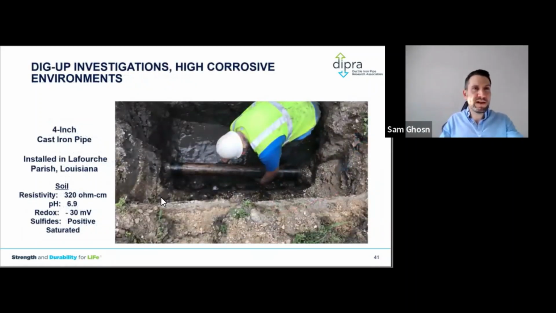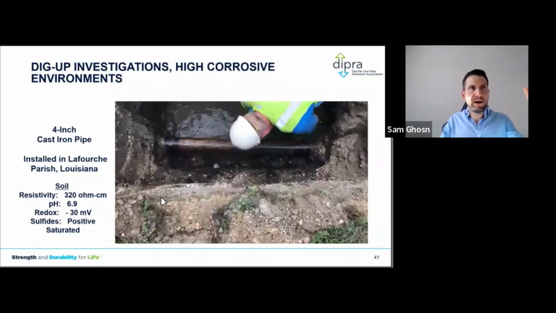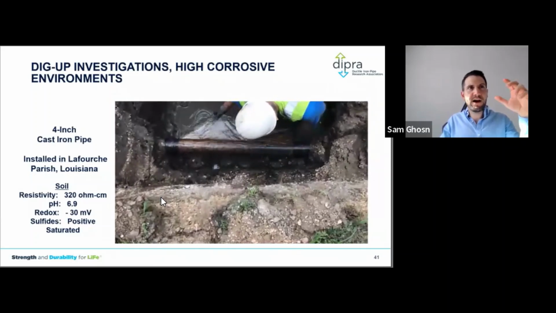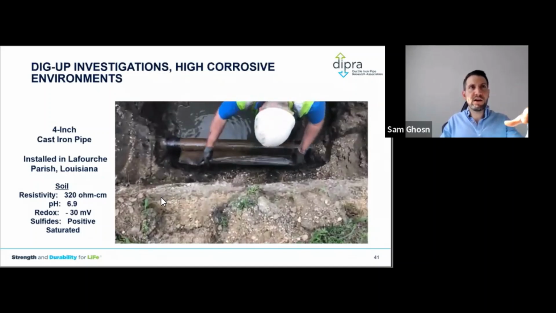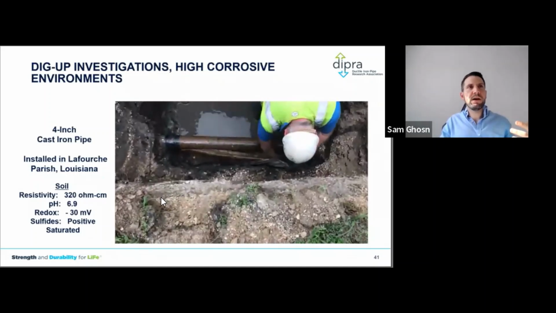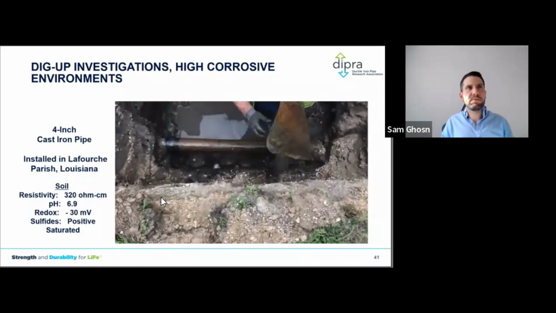Actually, it is the first ever polyethylene cased water main in North America, installed in Lafourche Parish, Louisiana. Folks, this was installed in 1958. We dug up this trench 2 years ago after 60 years of service. And my colleague here is removing the wrap on that pipe after 60 years. You can see how the wrap, the polyethylene encasement, is installed perfectly on that pipe, snugly around the pipe.